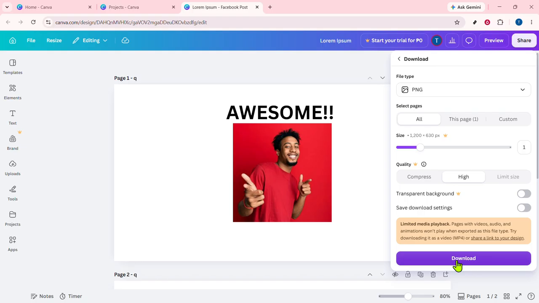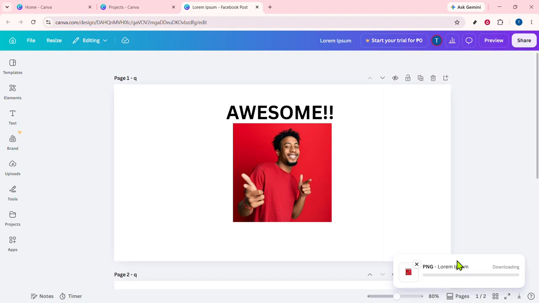Once everything looks right, press Download. The platform will begin preparing your file, and depending on the size and complexity of the design, this may take a few moments. After that, the file should save to your device automatically, or you may be prompted to choose a location. And that's it. By going to your design, clicking Share, opening the download